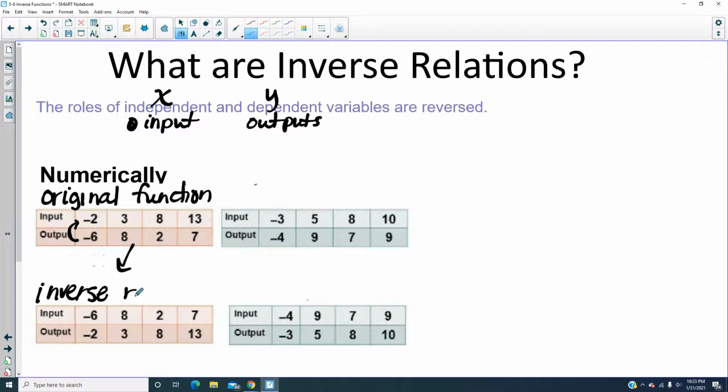And for right now, we're going to call that an inverse relation because it may not necessarily be a function,